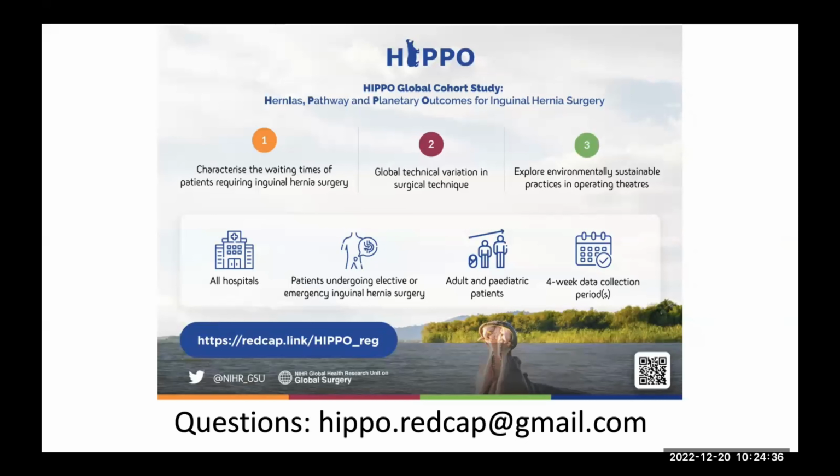So if you wish, you can definitely be a data collector, but if you think that would be a lot of burden on you, you can be a hospital lead only, no problem. Okay, thank you so much.